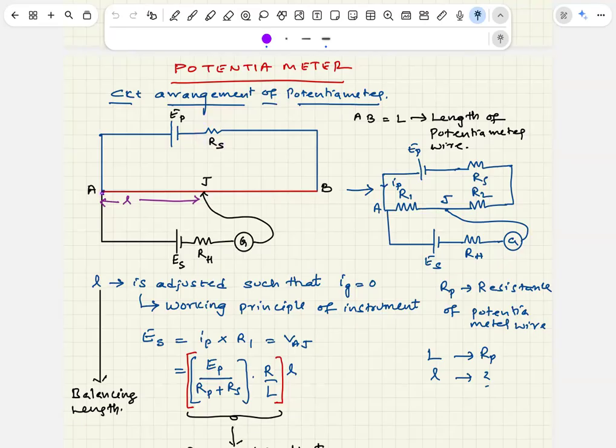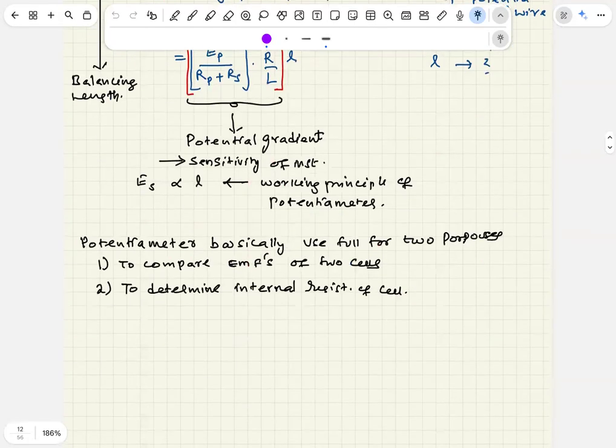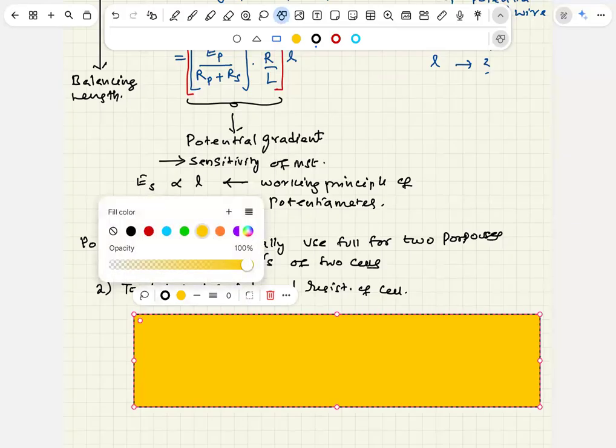So now basically this is the potentiometer wire. Actually, in a real situation, the potentiometer will be something like a wooden box like this,